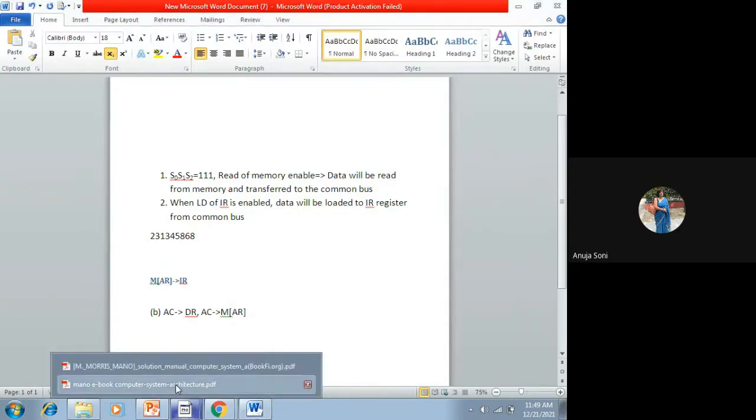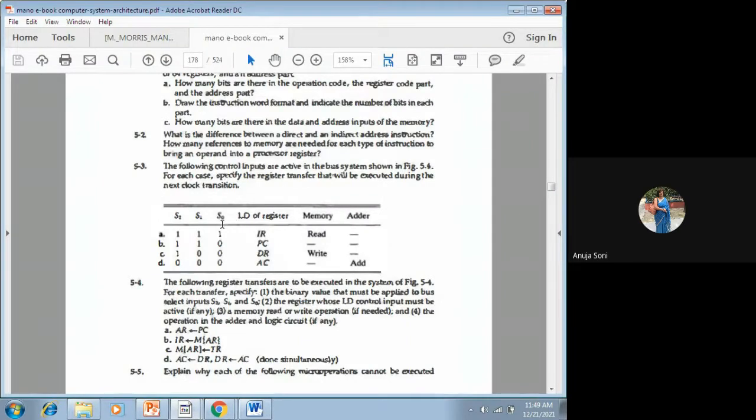Let me see again. Yes, it is given as in the book, S0, S1, S2, in the same manner. S0 is the least significant bit and S2 is the most significant bit. The way it is mentioned in the question, it is interpreted in the same manner. Are you getting it? Yash and other students, you had a query regarding whether it works as most significant or least significant. As it is given in the question, S0, S1, S2, S0 will work as the least significant and S2 as the most significant bit. Now I think I am right.